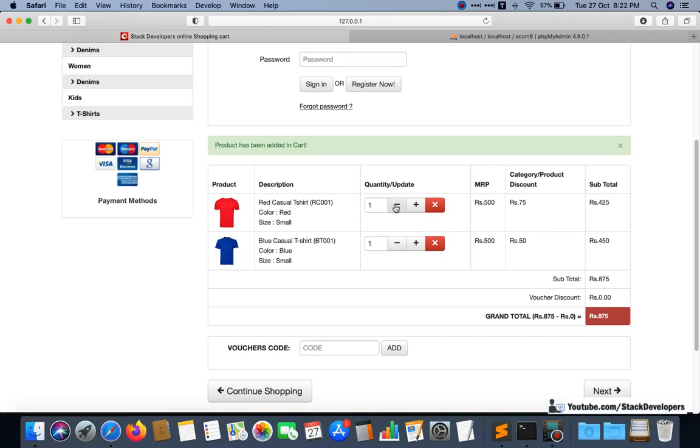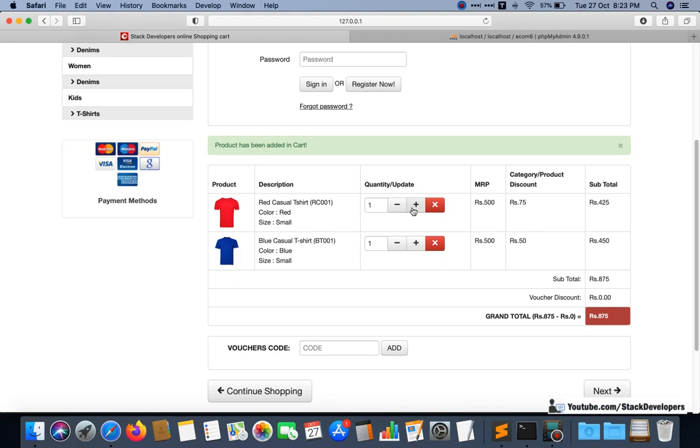Now we are going to do this: if I click on minus, then the quantity will reduce. If I click on plus, then the quantity will increment by 1. But if I click on minus here, then 1 will not update to 0, because we are not going to move this one to 0. Then we will show an error message to the user that you can't reduce the quantity below 0. And if the user clicks on plus, then we are going to increment it by 1. Every time we are going to increment and decrement by 1.